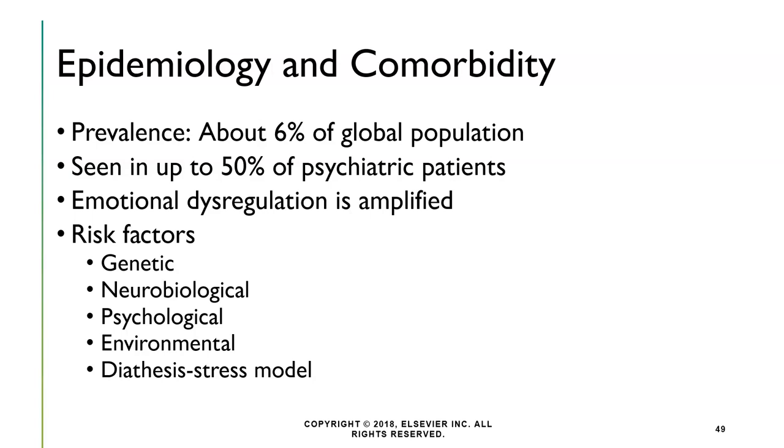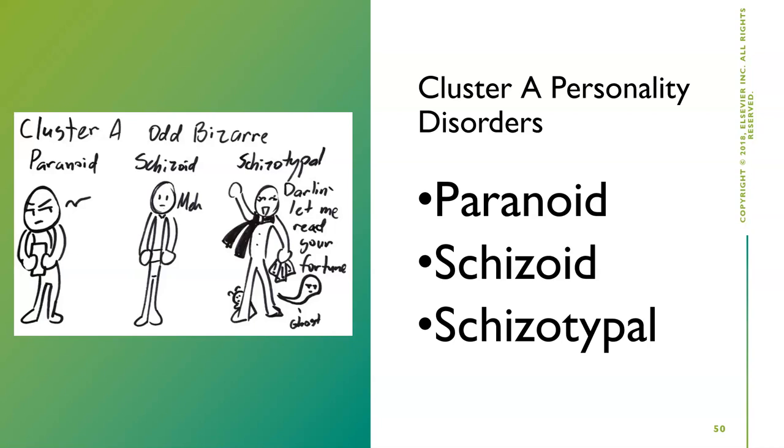When we talk about environment, childhood neglect and trauma is seen as a huge risk factor in many of the personality disorders. And we always have that diathesis-stress model, right? When we talk about psychopathology, correlation between trauma, neglect, dysfunction, along with your genetics and your predisposition. So we're going to go into the different personality disorders.